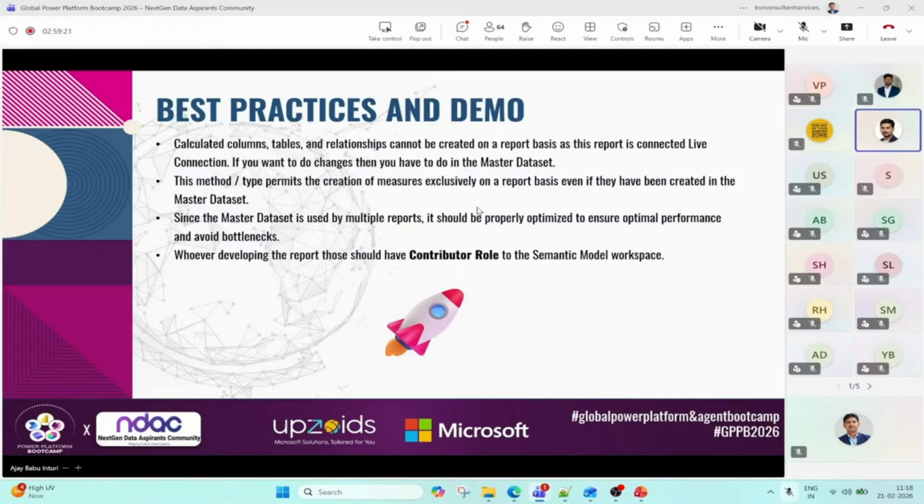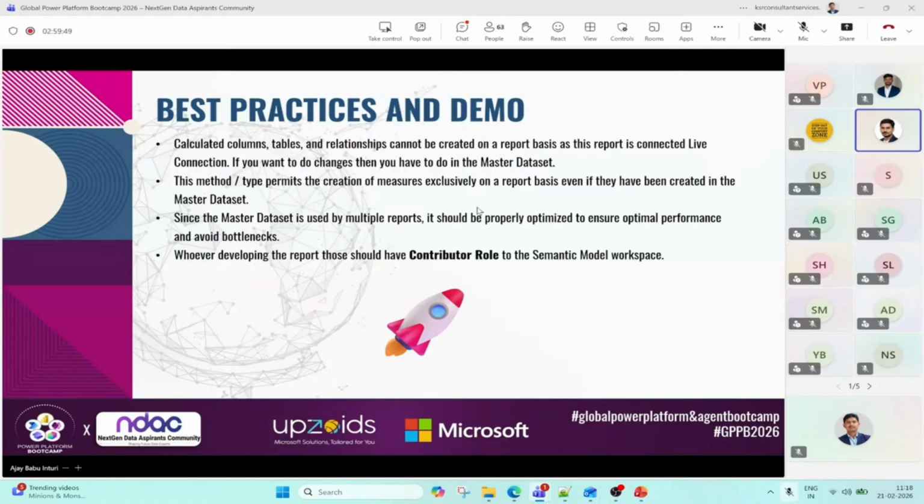Even so, you can create them in the master dataset. You may ask why it doesn't allow calculated columns in the report. Because the report is connected as a live connection. That's why we have to create all our calculated columns, everything except measures, in the semantic model. That is one thing we need to keep in mind.